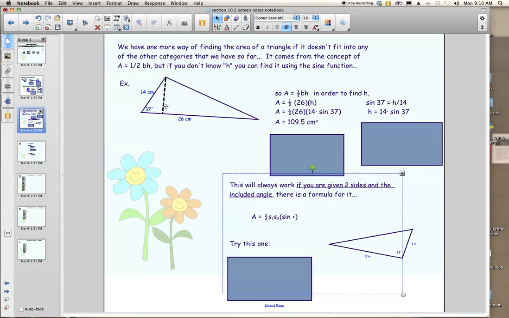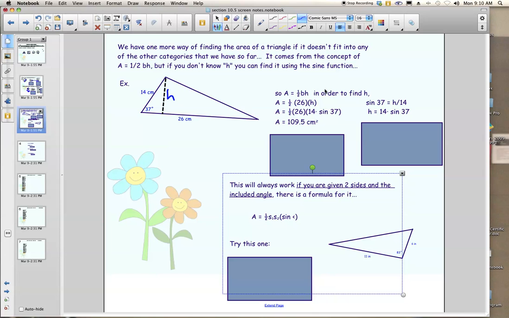And so we can use trig functions to find the height of our triangle so that we can find the area. We know that our area would be 1/2 times 26 times whatever this value is. We don't know what h is, but we can use trig functions to find out. From 37, h is opposite and 14 is hypotenuse. Opposite and hypotenuse tell me to use sine. So the sine of 37 would equal h over 14. So I'd take 14 times the sine of 37, and that would give me